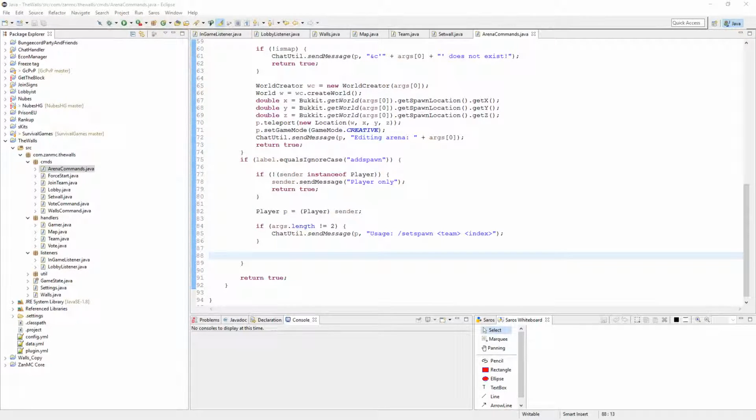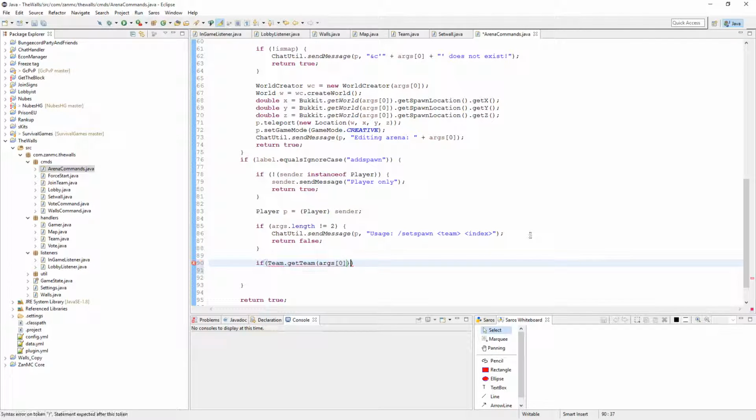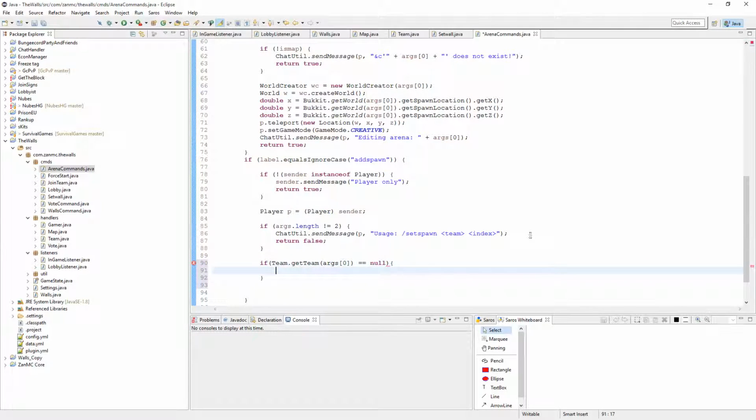Okay, for the set spawn, we're gonna test for stuff. So we did that. We have to return false, and team T is equal to team. Okay, no, never mind. If team.get team args 0 is equal to null, so if it tries to get the team but it fails, so